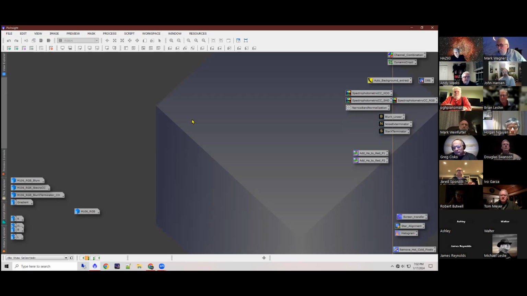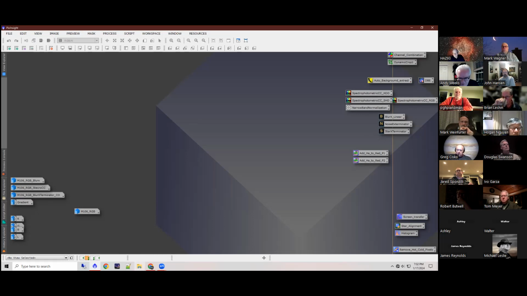Flats will do two things. It'll remove maybe dust that's on the sensor, or dust that gets on the lens on the front of a reflector, or even on the back of a Newtonian, it doesn't come into play. Usually it's just the sensor. The other thing it deals with is the vignetting you might have, right? So in the corners, you know,